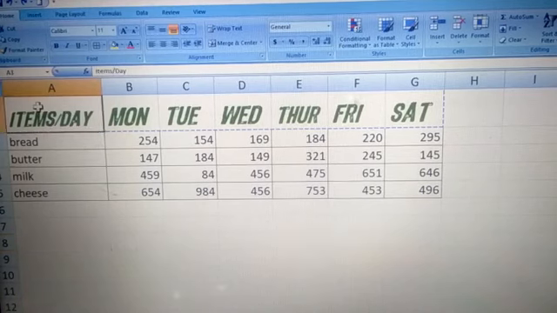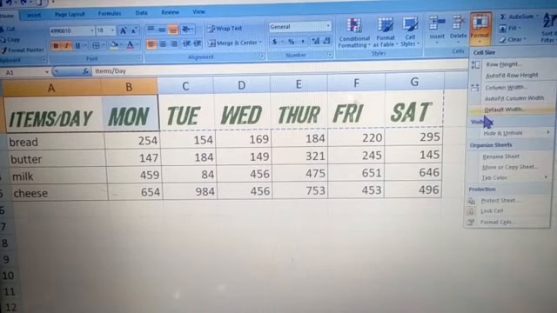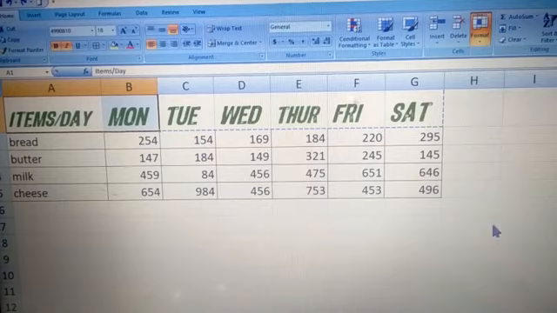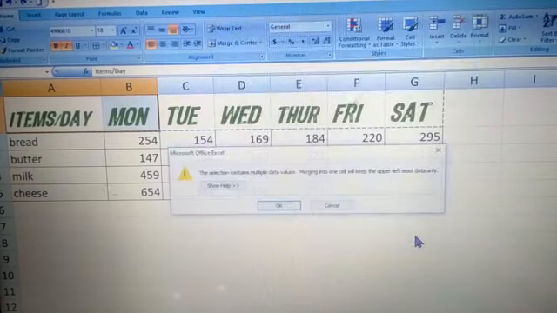So I will select these two columns, go to format cells, then go to merge cells, get rid of the shrink to fit, merge cells, then click OK. What will happen, children? Items per day will cover column A and B also. See here.